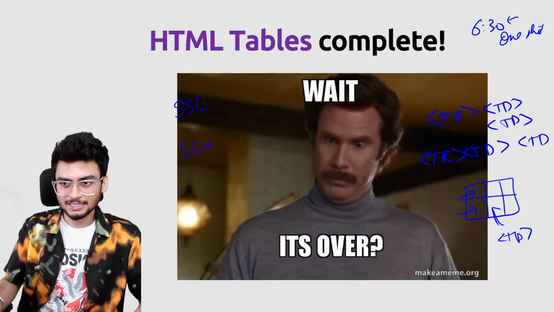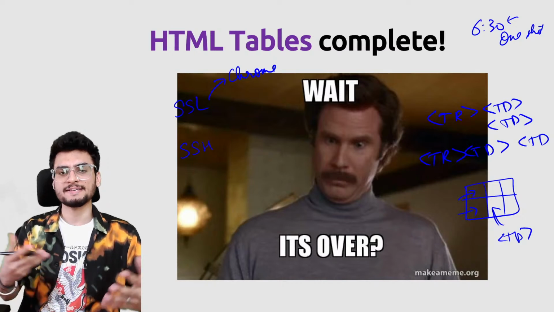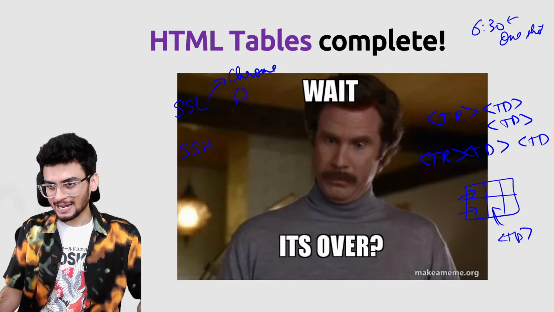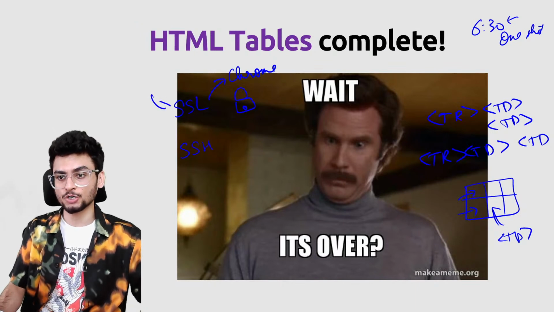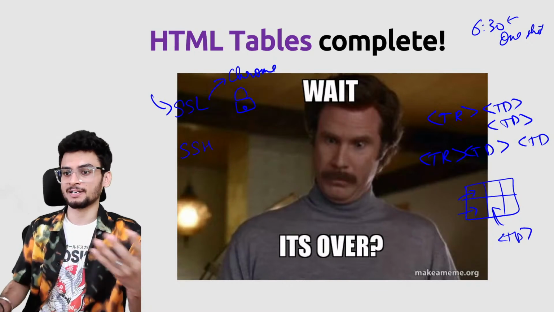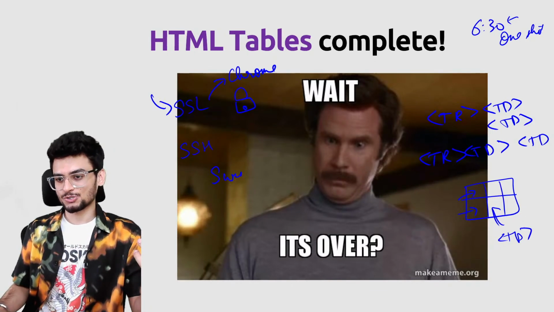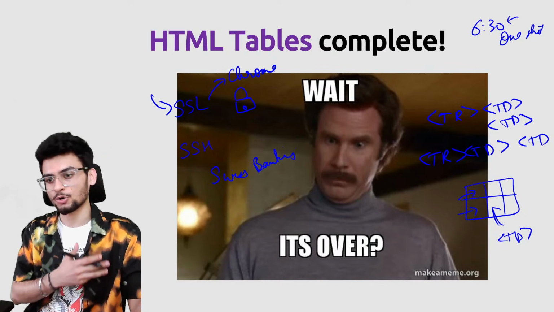So the basic differences: when you use Chrome to open any website, there is a padlock sign. Why does the padlock sign come? Because it is of a secure socket layer. But if you probably have a Swiss banking portal and you want it to be very secure all over the world,